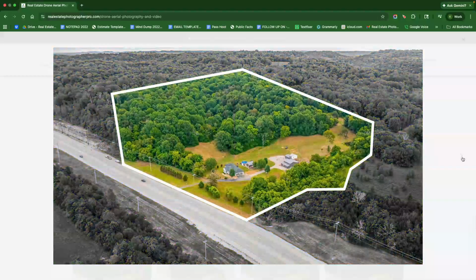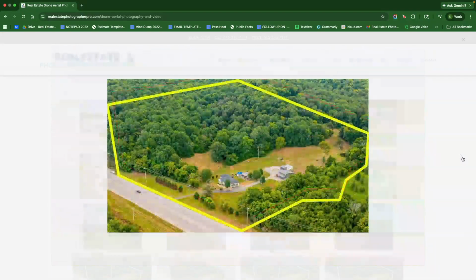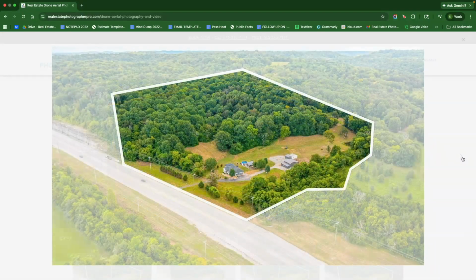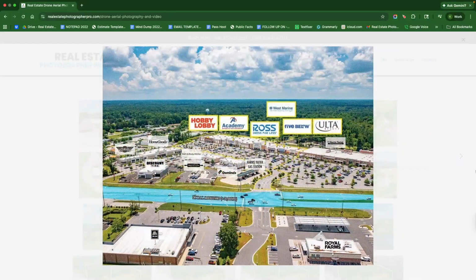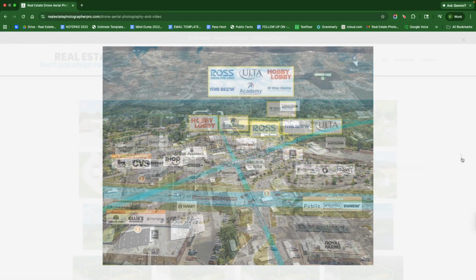And here we're just showcasing different ways we can do property lines. We have a property line package. And we do this on a lot of commercial properties